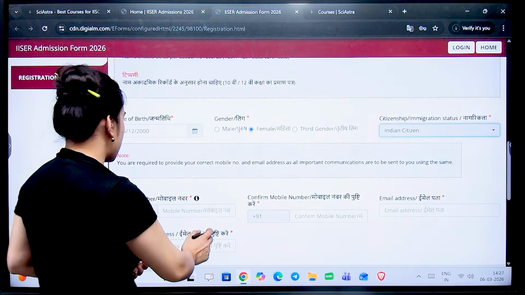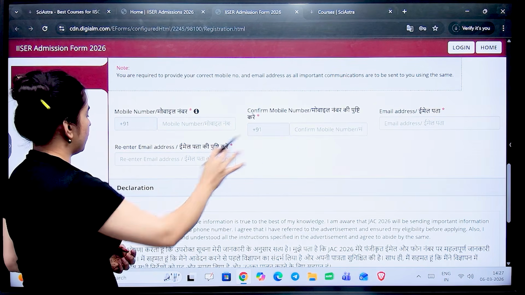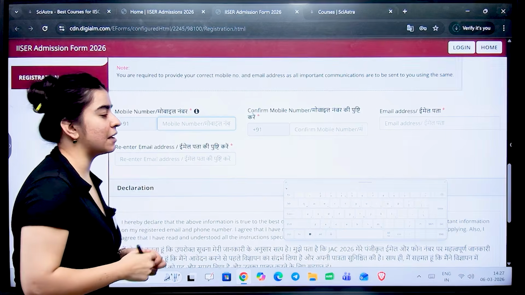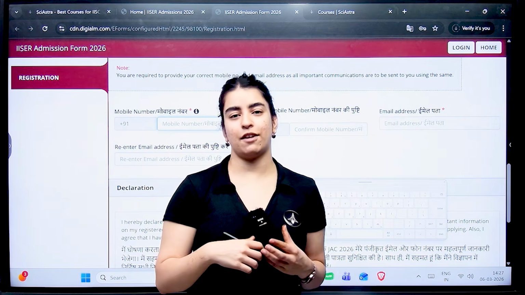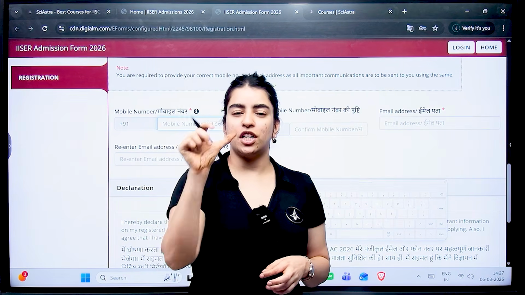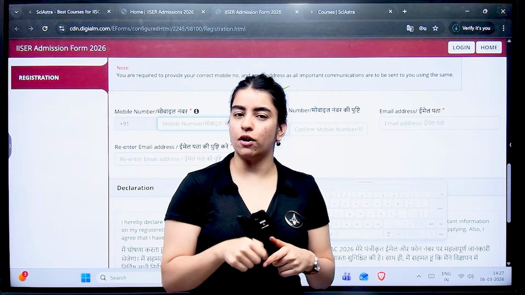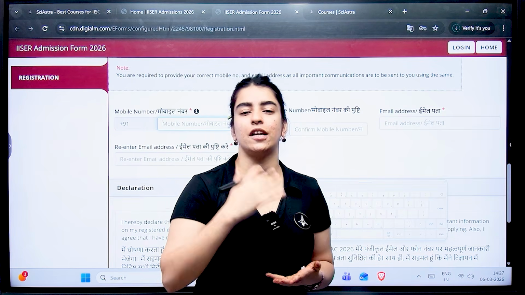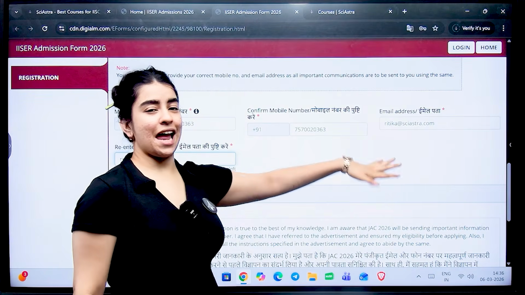And after doing that, you are supposed to give your mobile number and your email address. So here I'll be giving the support email ID and their phone number. So if needed, you can screenshot this information of phone number and email address. And for any further queries, you can contact them as well. So here I have added the phone number and an email address.